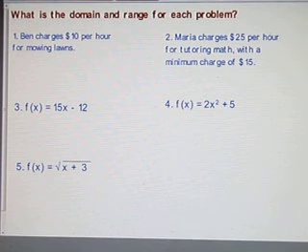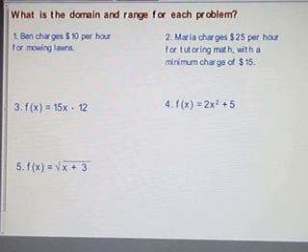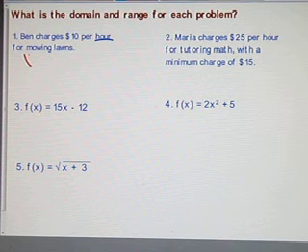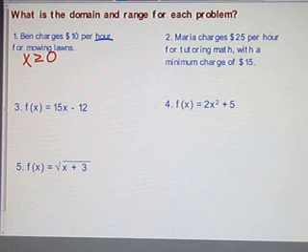All right, what is the domain and the range for each of these problems? Ben charges $10 an hour for mowing lawns. The variable, that's our domain, is our variable. The variable is how many hours. So hours is our variable. So the restriction on hours is that it just has to be greater than or equal to 0. You can go 0 hours for mowing a lawn, 1, 1.5, 1.2. There is no restriction as far as how many